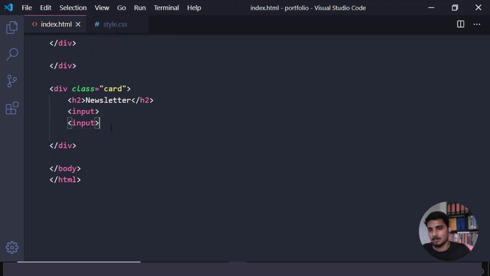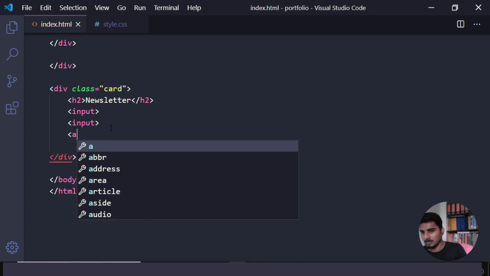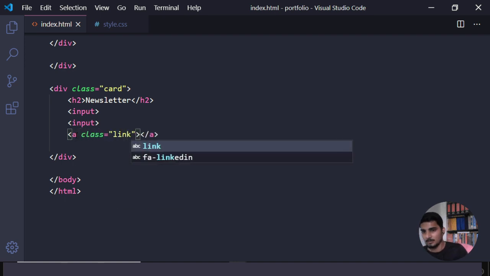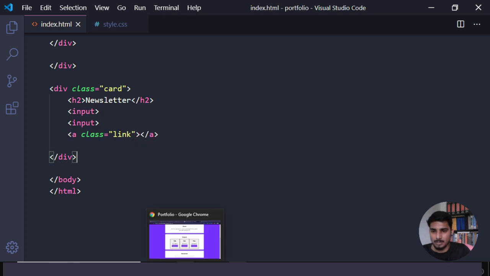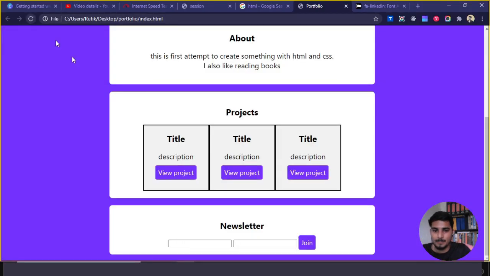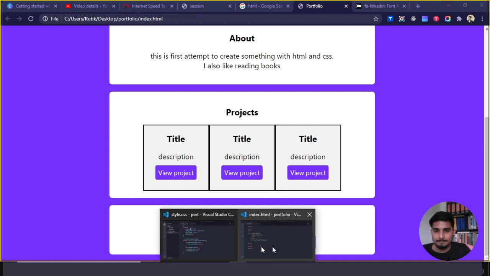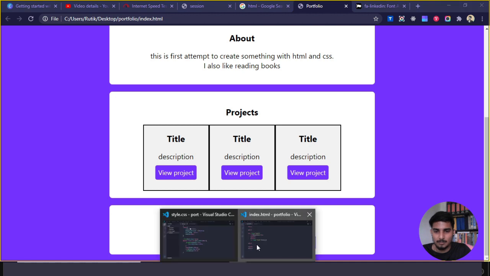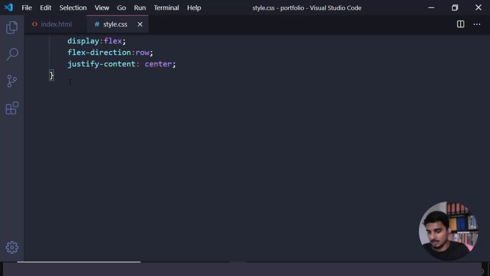So for the button, I will just use the a tag, and I will just add the class of link. So we should use a button, but I have already created a link-like button, so that's why I'm using this. So we'll write here join. Okay, so this looks good to me, but we don't want a very small input element, so we will style them, we will just select the input elements,